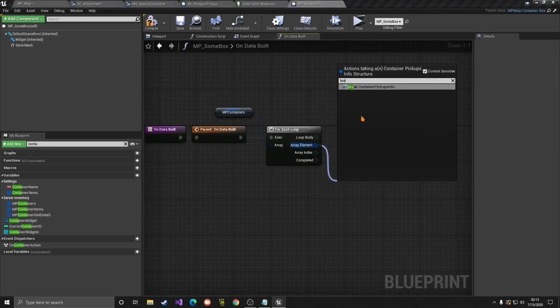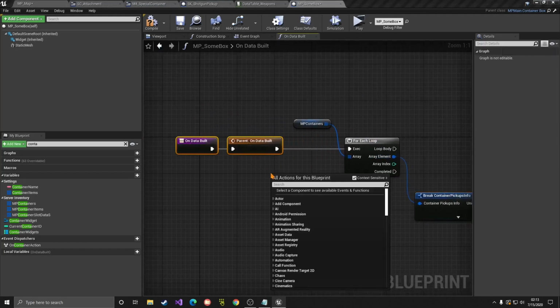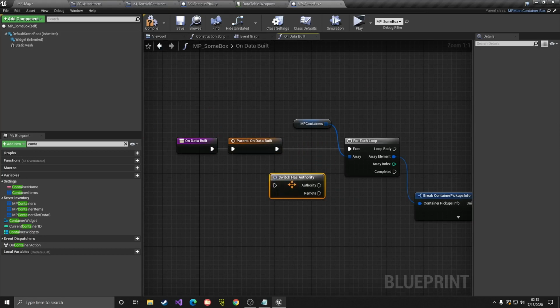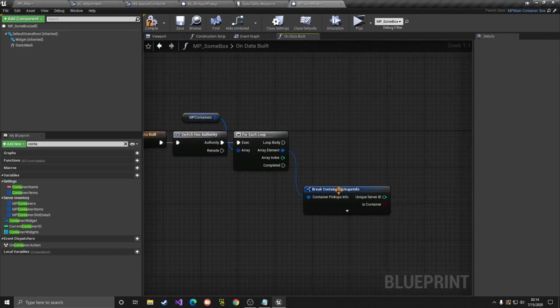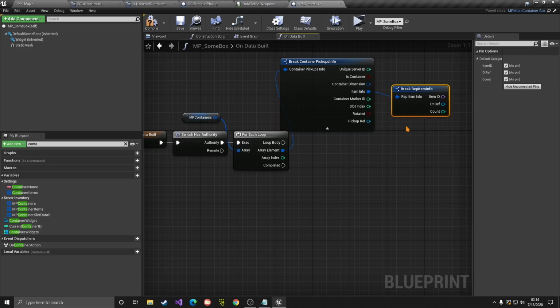So let's go ahead and break here. This is only done on the server, so you can even make sure to do has authority here. If I am the server, then I can do it here. So it is a container, of course it is a container. So I can search by